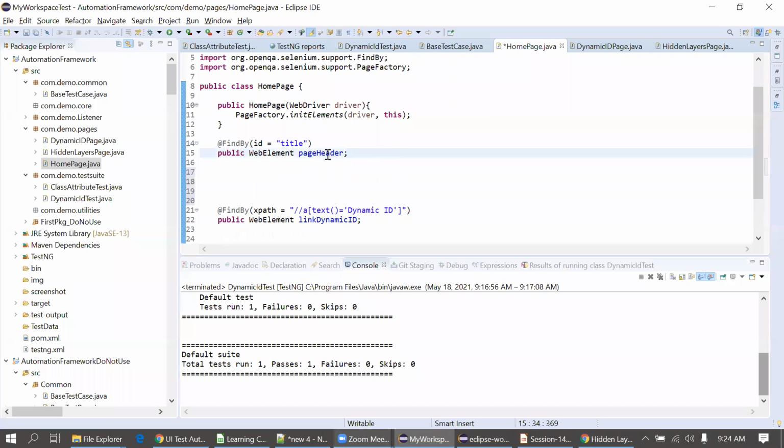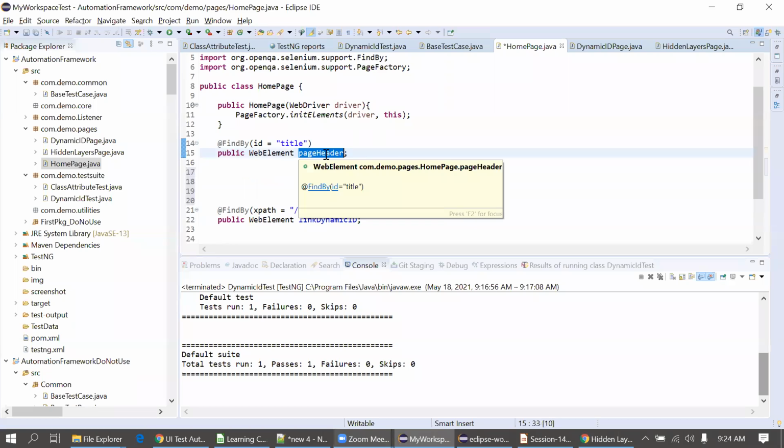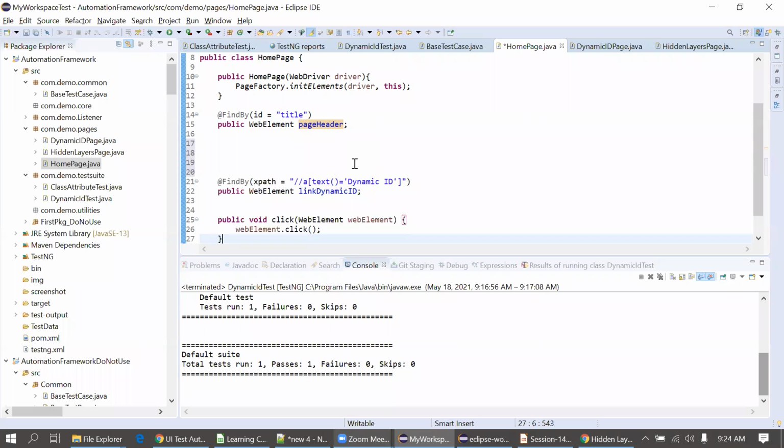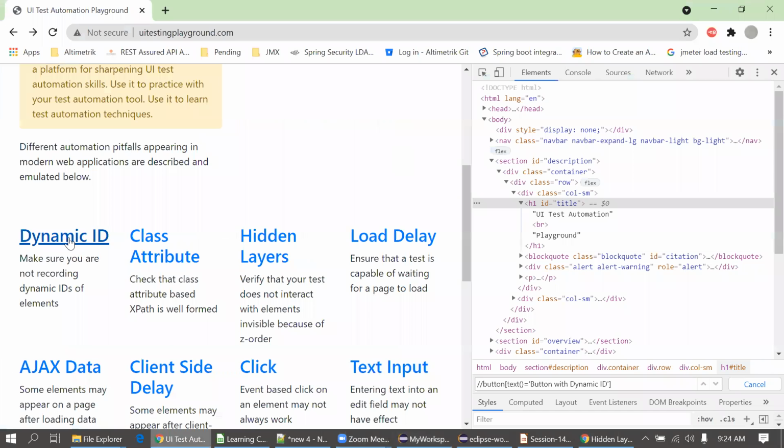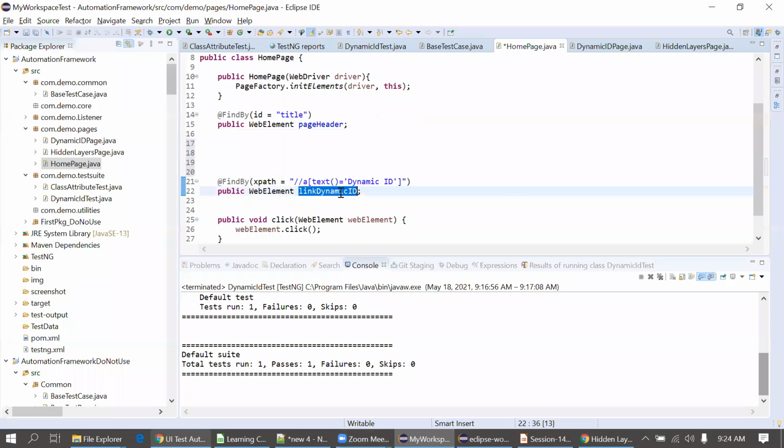This is actually a locator name. For example, for this link dynamic ID in the UI, I have to write a locator and give it some name to identify it. So I put the name link dynamic ID. And for this, I need some locator: XPath, CSS or ID.